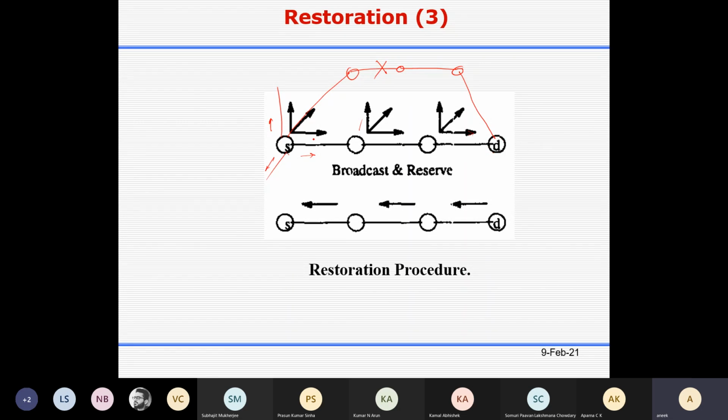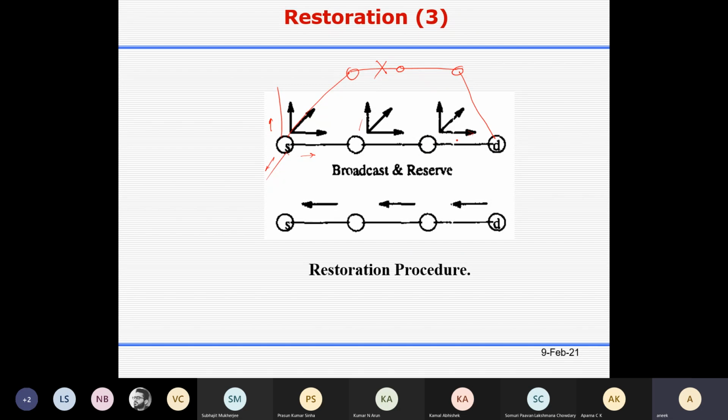But actually there is an upper limit on how many hops it can travel, or how many times you can broadcast. Here you broadcast once, this is the second time, this is the third time. Let's say there is a maximum of 15.